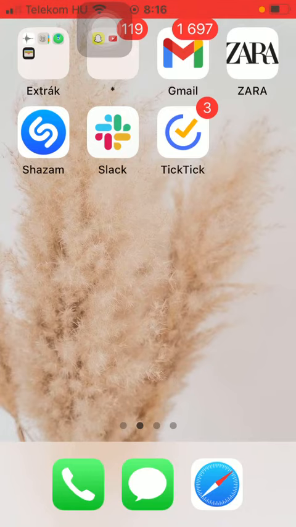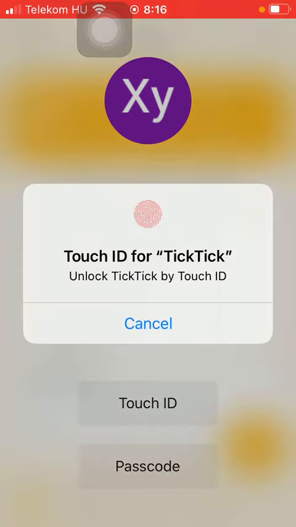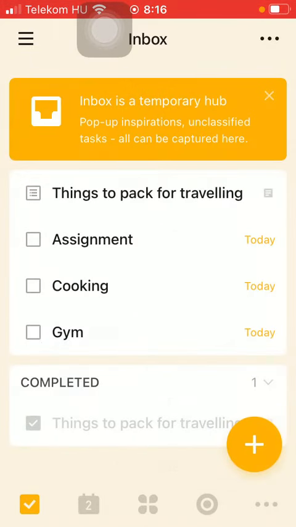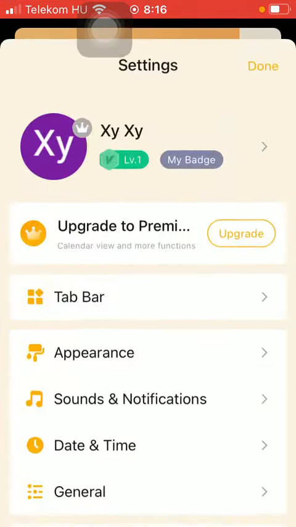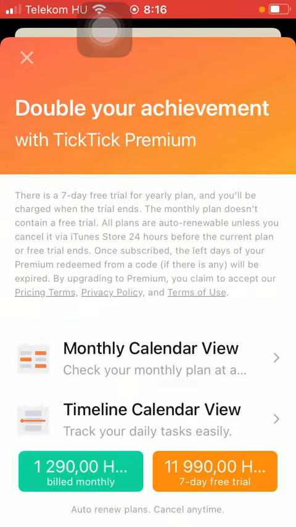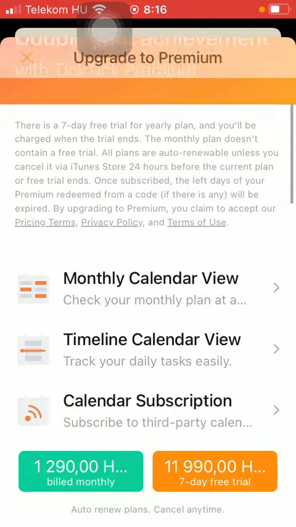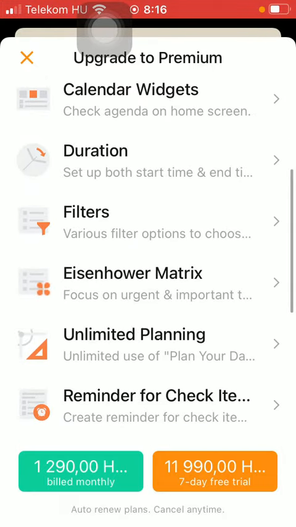First of all, open the application on your phone. Tap on the menu icon in the upper left corner of the screen, tap on settings and click on upgrade to premium. As you can see, you have two options down below, such as the monthly and the 7-day free